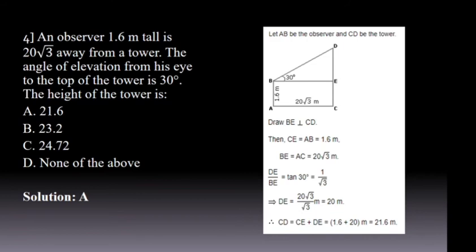Okay. So most of the times what happens, just to confuse you when you are in an examination mode, they will just include the answer 20 meters as an option. So then what do we do? Just say that DE is equal to 20 meters, so quickly you will mark that particular answer, right? But here this is not the answer. You have to add that 20 meters to this length CE. Now here that particular option is not there, but most of the time, just to make you confused, they will include that particular option also.